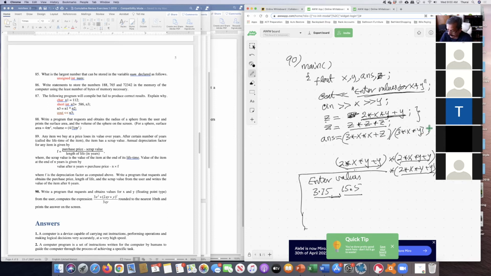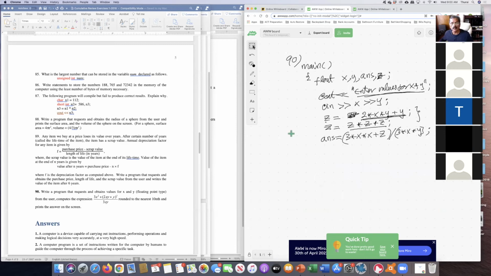So now I need to round the number. So let me erase the rest of the screen. Okay, so to round, we just went over that rounding process. Where are we rounding? Round to the nearest 10th, okay. So take the ans,